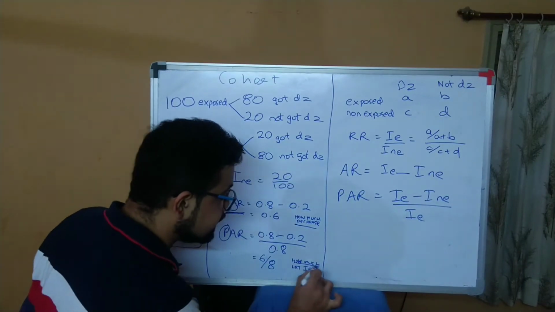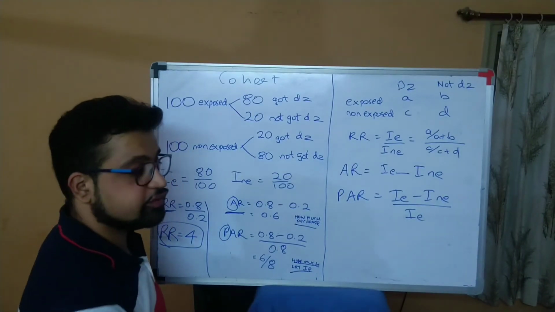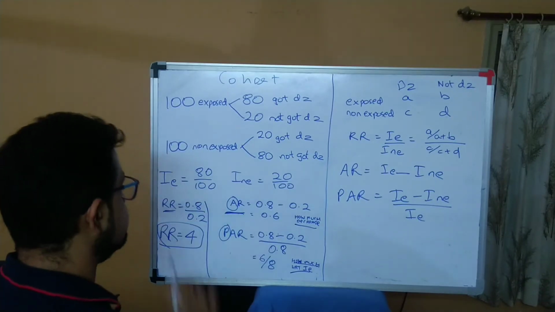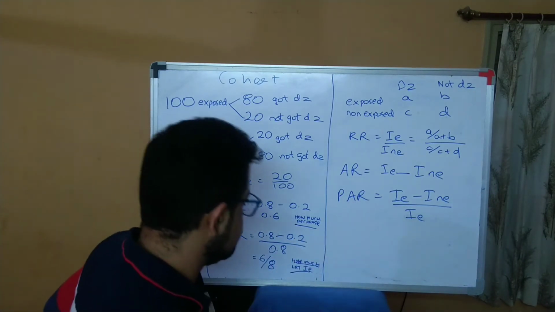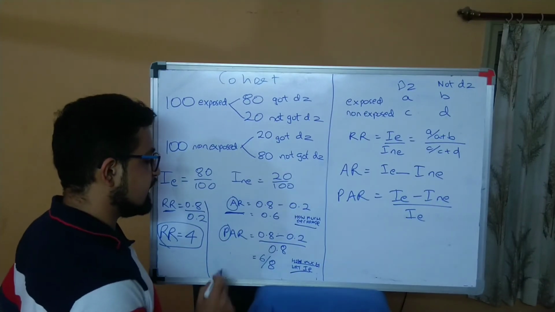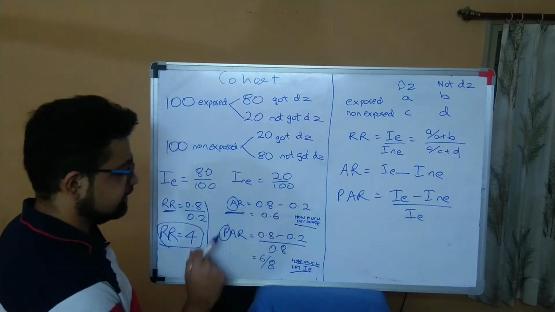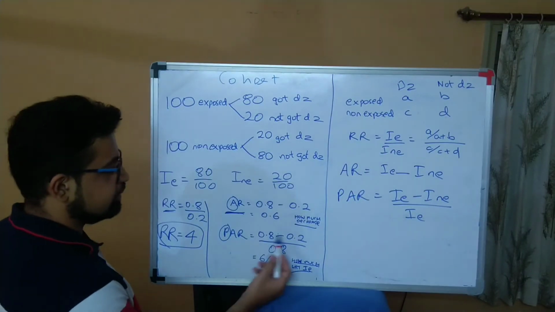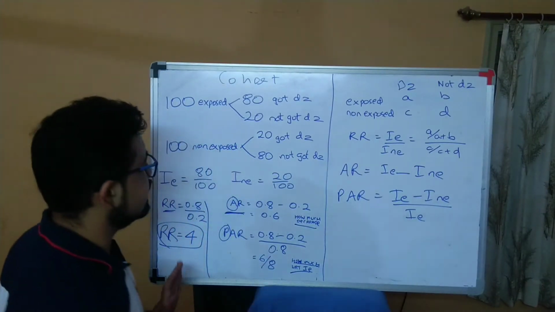So how much decrease or how much risk factor could you attribute to the causation of disease with respect to, remember the words with respect to, incidence in exposed. So simple: the difference, incidence in exposed minus incidence in non-exposed, divided by incidence in exposed. Don't forget this. Whenever it is PAR, remember that is proportion. Whenever it is AR, it is absolute. Tell the difference. Whenever it is proportion, tell the difference with respect to incidence in exposed. So it is 0.8 minus 0.2 divided by 0.8, 6 by 8 maths. Okay? Very clear, very logical.